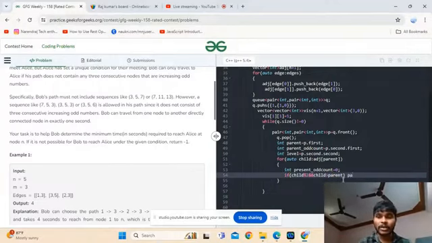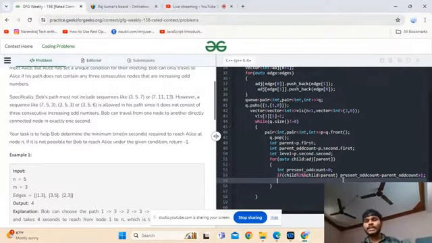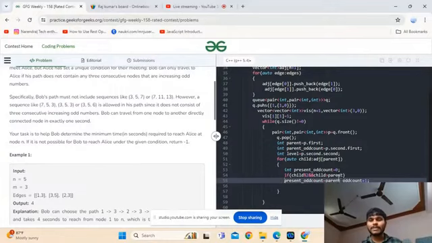Now guys, present odd count is equal to parent odd count plus 1. Okay, present odd count is equal to parent odd count plus 1.